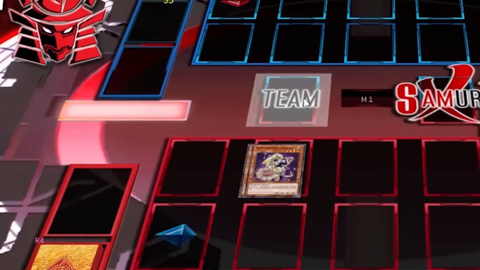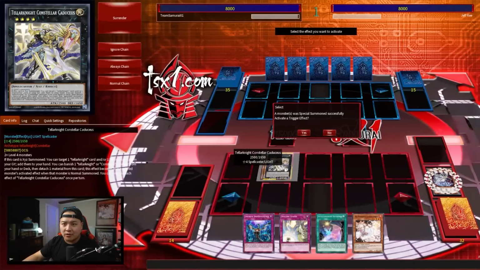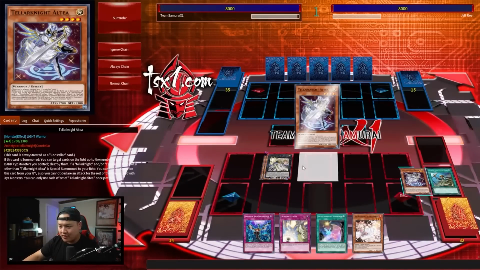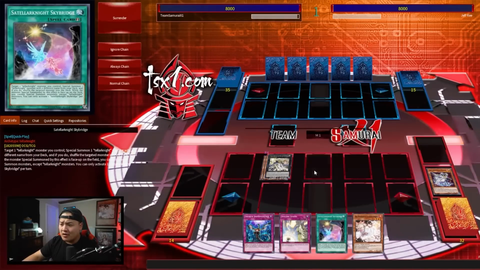So it's basically a Teller Knight and also a Constellar built in one. We're not going to use Teller Knight Constellar Caduceus's effect just yet. We're only going to utilize Altea's effect to revive itself back from the graveyard. His first effect will come in handy later on, but right now we're just going to use Altea's effect, okay? We're not going to use Caduceus. Summon Altea, and Altea is really powerful because this card right